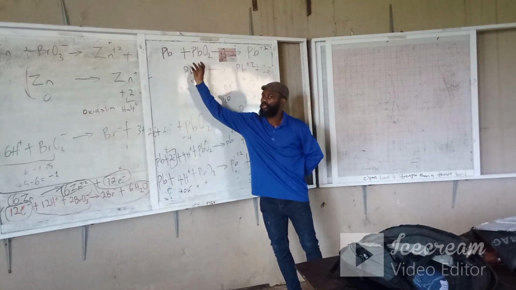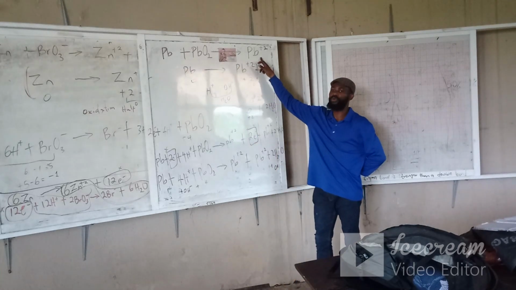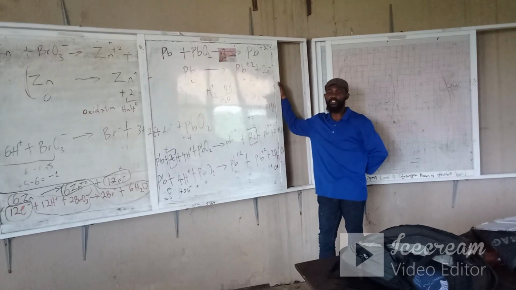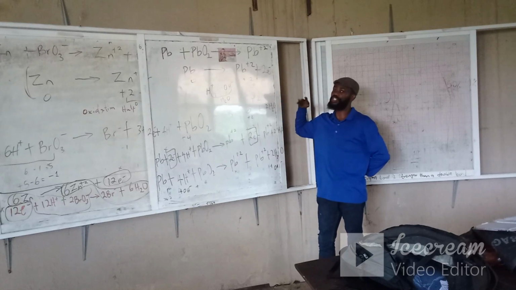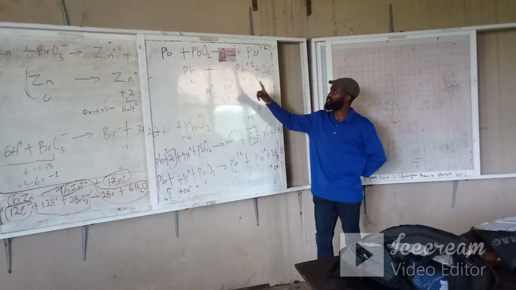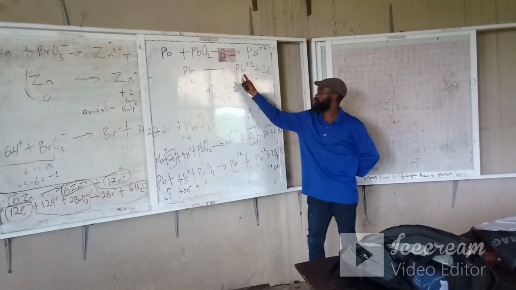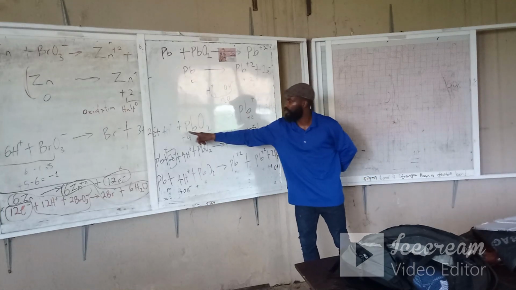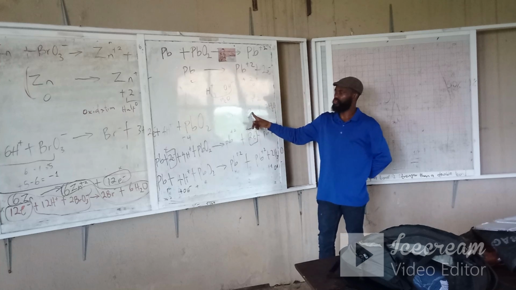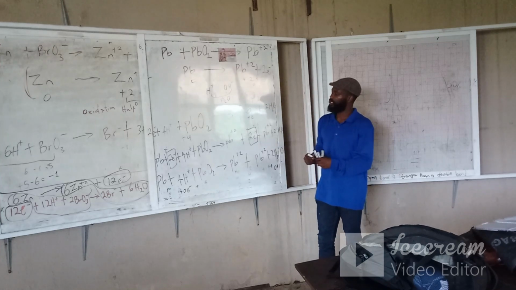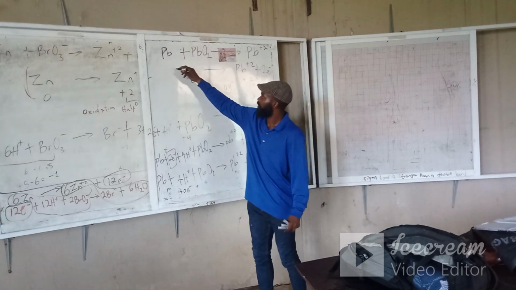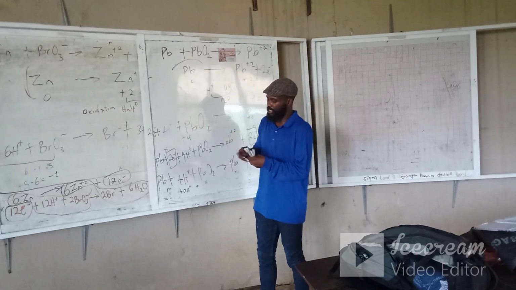These two gave me one product, that is this ion. In some cases, they'll just tell you that it's giving just one product. If that is the case, this one is equal to this. The second one, everything here is equal to this. So when we bring our left-hand side,